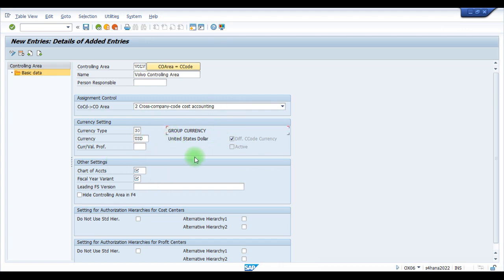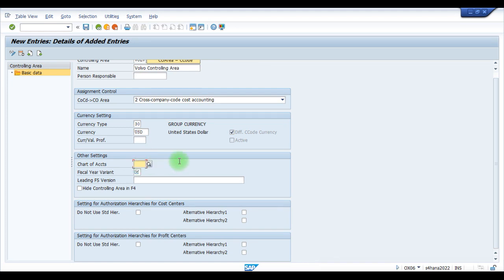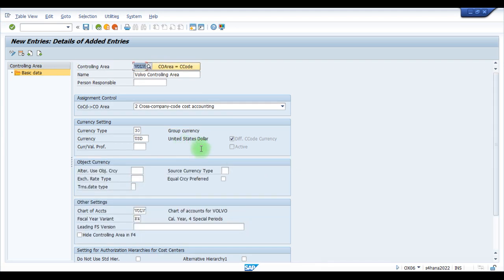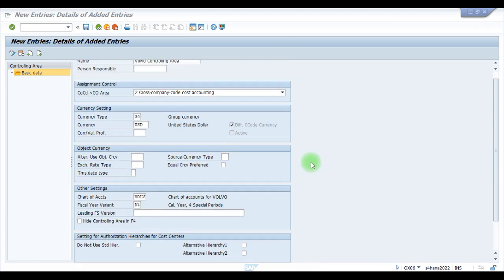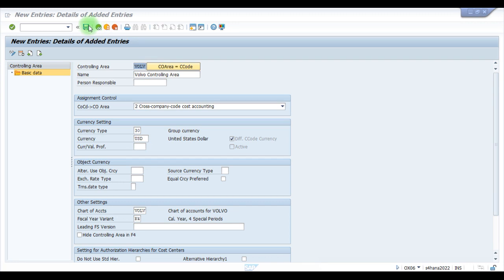Okay, alright, then we have to give the chart of accounts, which is VOLV, Volvo chart of accounts, and then fiscal year variant. So what fiscal year variant are we using at group level? That is K4. K4 is January to December, right? This is the fiscal year variant we are going to use. Press enter. Okay, so these are the minimum settings we need to give here, and then click on save,